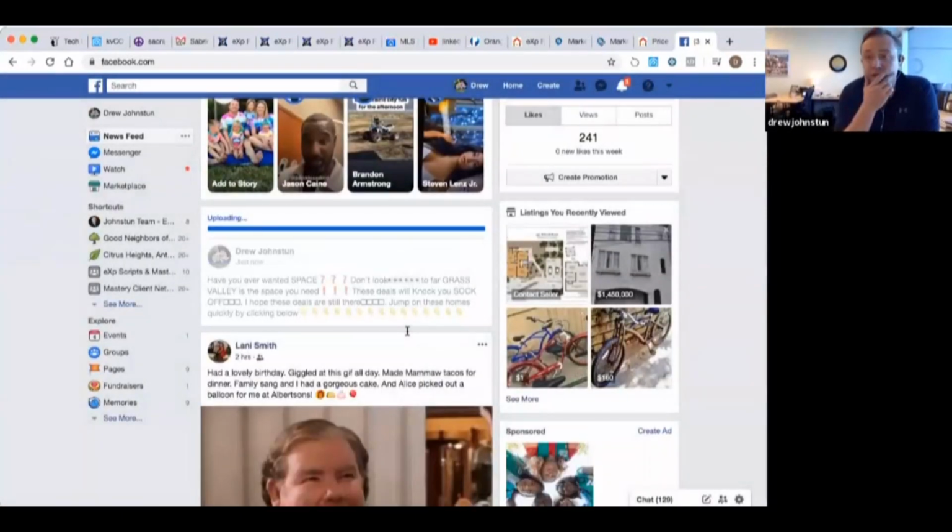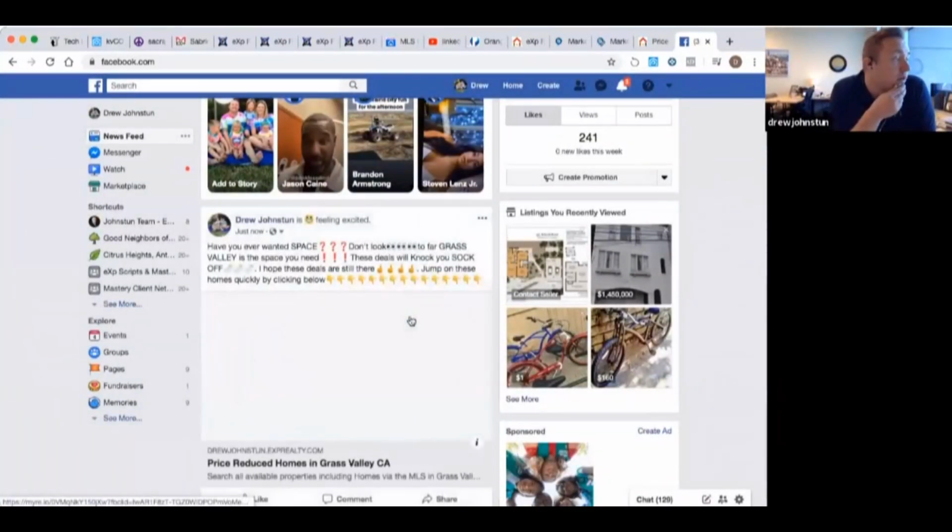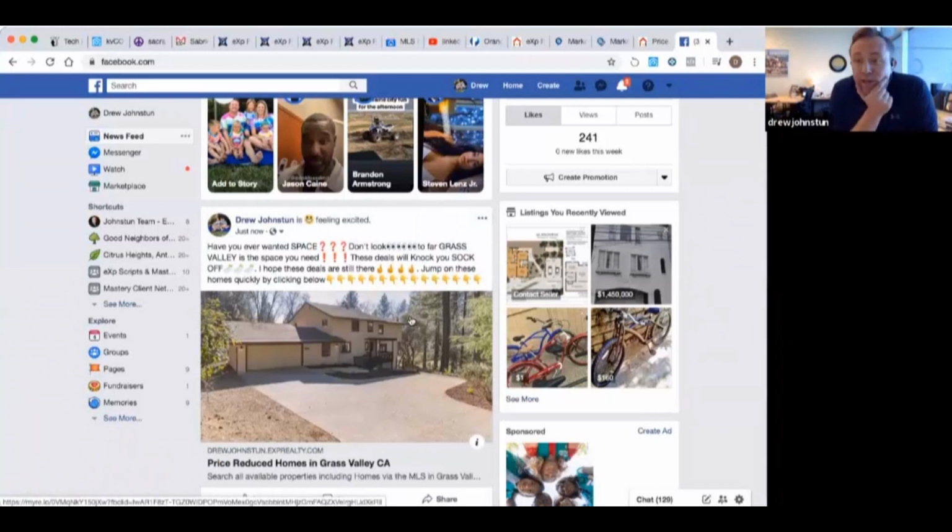You just posted your first squeeze page right there. So now anyone that clicks in off of this, you can put this into groups, you can put this into your main feed, right? There's huge capabilities of what you can do with this, and it can be calculated as well, all right? So if you guys are, let's say that you're looking for a specific area, right? Well, we went and started a group for Grass Valley Homes, right?